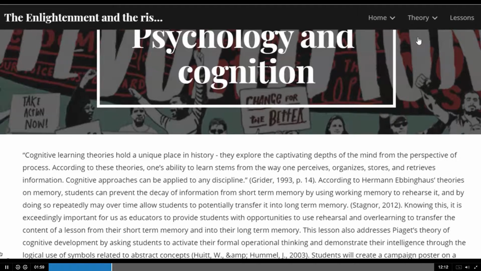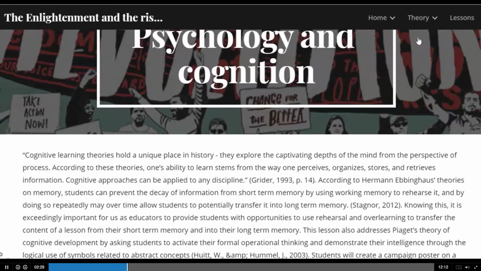The first theory that we tackle this week is Hermann Ebbinghaus's theory on memory. He argues that students can prevent the decay of information from short-term memory by using working memory to rehearse it. Knowing this is extremely important for us as educators because it informs us that we are to provide students with opportunities to use rehearsal and overlearning to transfer the content of a lesson from their short-term memory